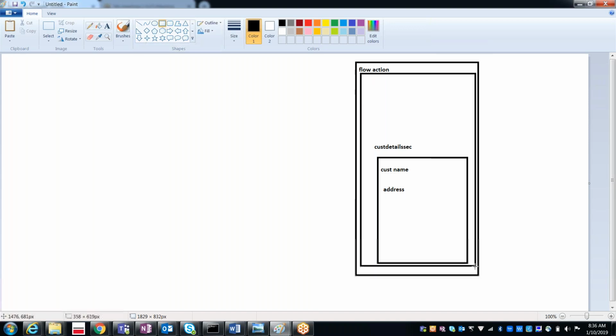That means we will be having something called a container section, and in the container section we'll be referring to two sections. The first one is the flow action, then the container section, and this is like a home address, and this is like an office address. So we are going to be having this many user interface rules: the flow action and then sections.